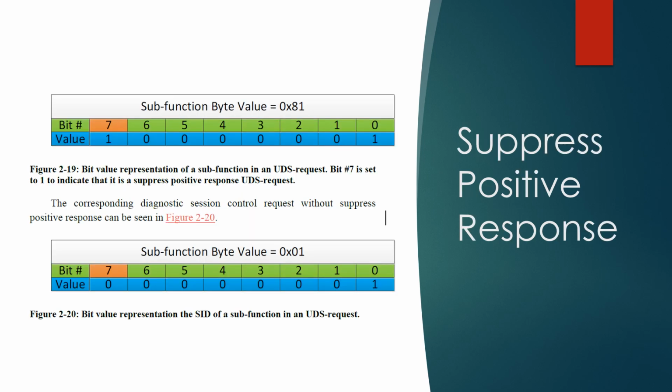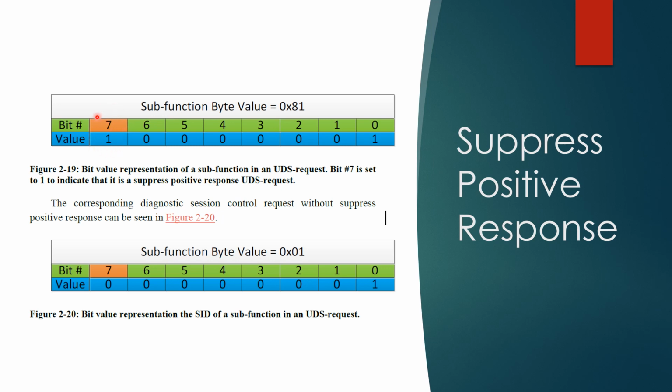The next slide is for the suppressed positive response. For certain requests, let's say ECU reset or any other request, we may also send with suppressed positive response. What is meant by suppressed positive response? Here we can see there are bits 0 to 7, basically 8 bits, and in the sub function byte, bit number 7